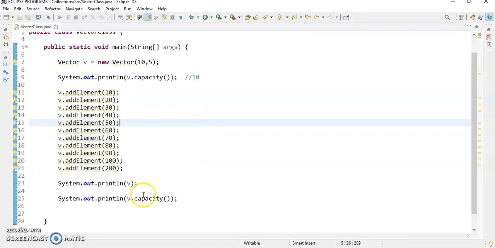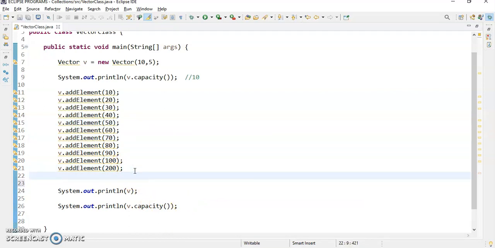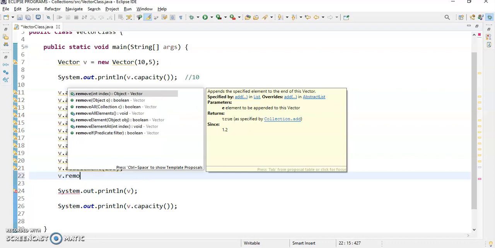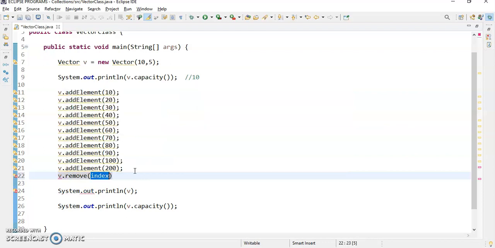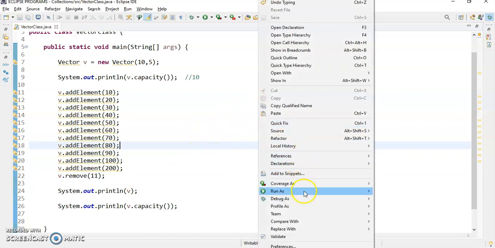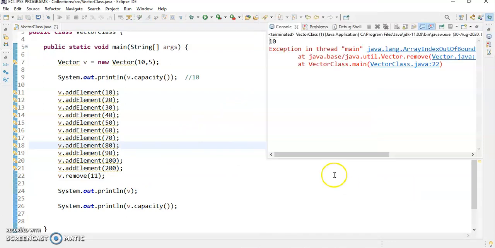You can also apply other methods, like if you want to remove an element, you can use v.remove with the index. For example, I want to remove the element present at the 11th index. Can we do that? Absolutely. Control S. Now run as Java application. What happened?